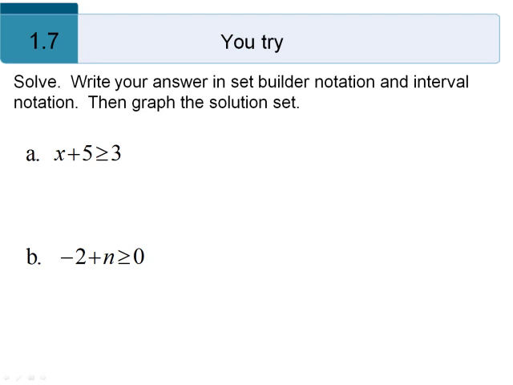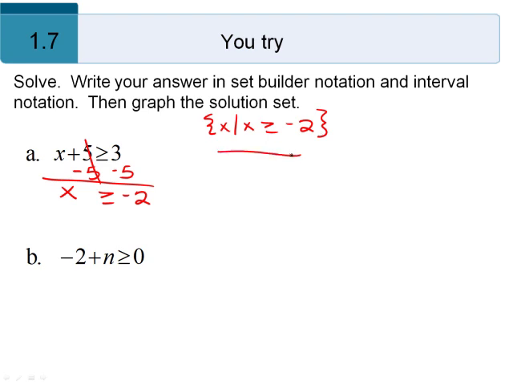So first thing we're going to do to solve it is get our pen, which I always forget to do. We're going to subtract 5 from both sides to get that x by itself. So x comes down and it's greater than or equal to -2. Set builder is the easiest. Let's start with that. x such that x is greater than or equal to -2. Now I actually think it's easier to graph it next and then do the